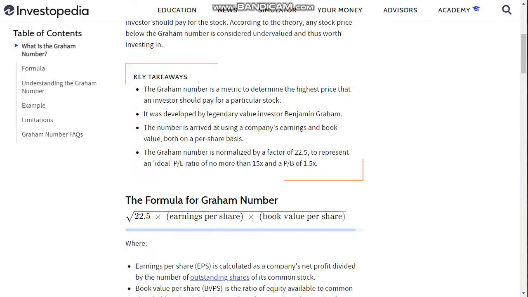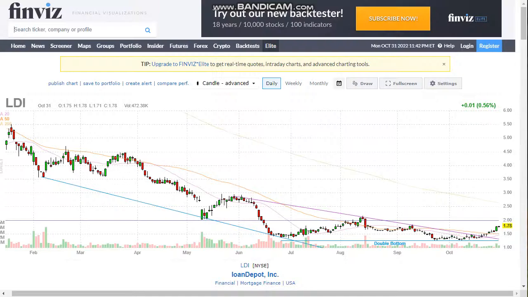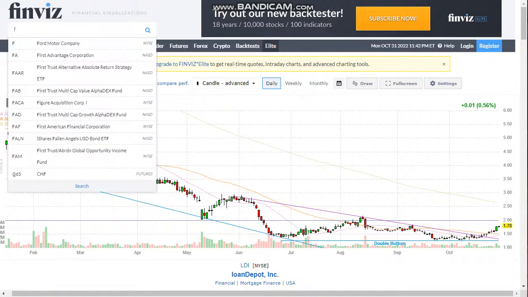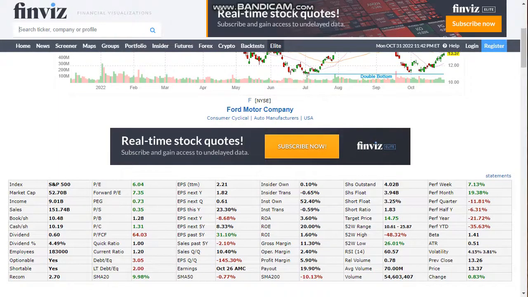And then you have the price to book value of 1.5 times. So how do we get 22.5? Well, that's real simple. We take 15 times 1.5, and then we equal 22.5. What is the earnings per share? Well, it's actually the earnings that a stock will have over the course of, let's say, 12 trailing months in this case. So the last 12 months of earnings has yielded